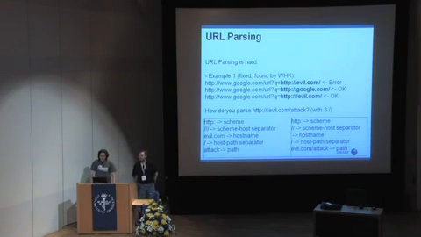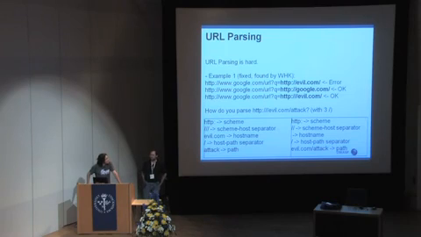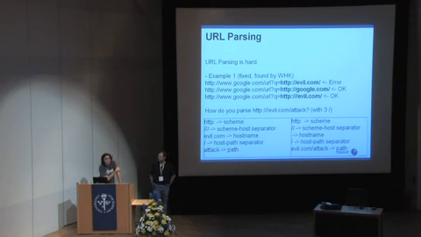So, URL parsing. URL parsing is quite difficult. This is something that was fixed some time ago and was found by a friend. The problem was that we were whitelisting the hostnames that we were redirecting to. So if we have evil.com, it will return an error telling the user, hey, you're going out of Google. If you go to google.com, then it's OK. But if you go to http with three slashes evil.com, then it will also be OK. The reason is because